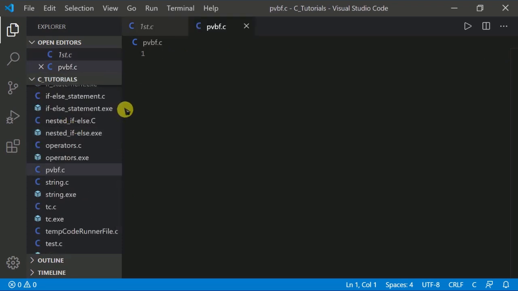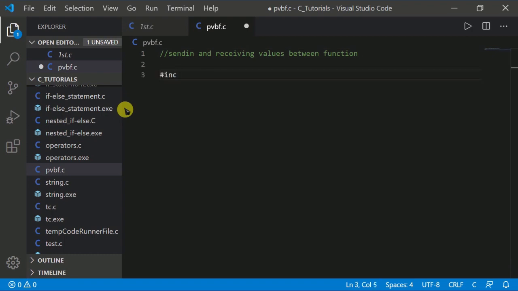Now we will write a program related to sending and receiving values between functions. Okay, now let's start.